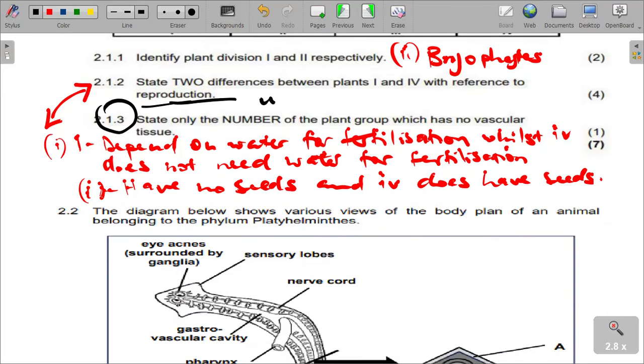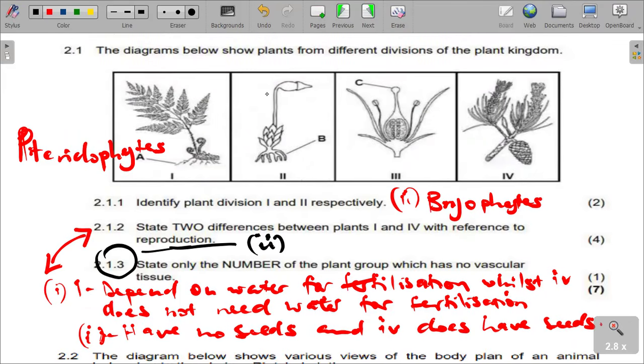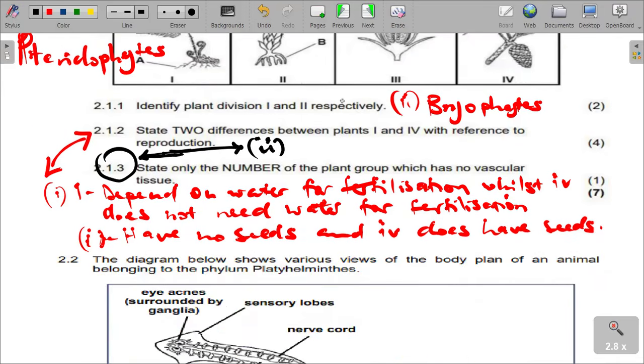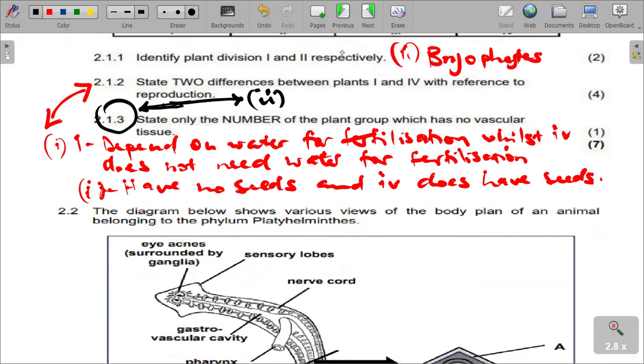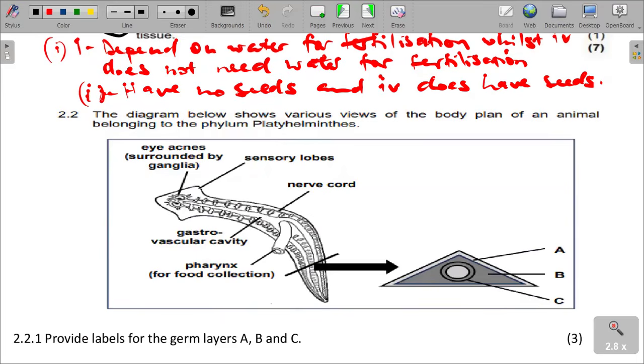Group 2 do not have vascular tissues. They don't have the vascular tissue. That is why we explained that in the beginning when we defined the two groups. So two do not have vascular tissues, the xylem and the phloem for the transportation of water and nutrients. So we are given question 2.2 here,